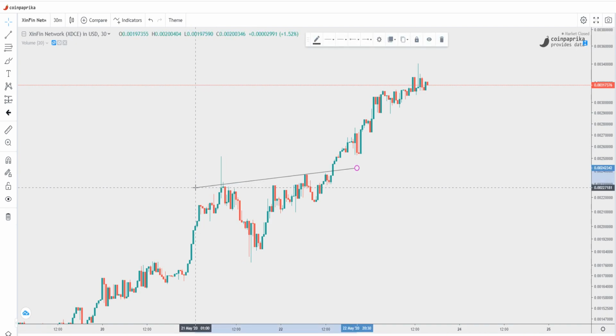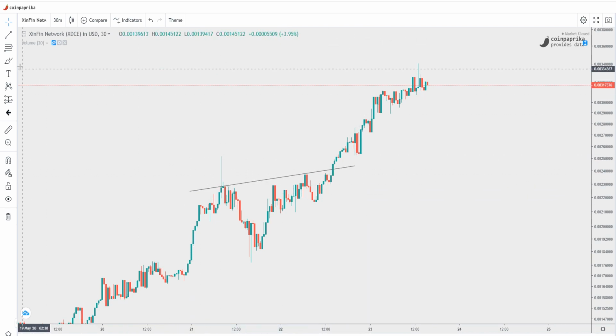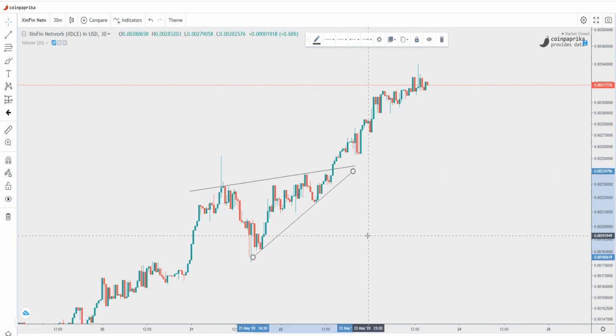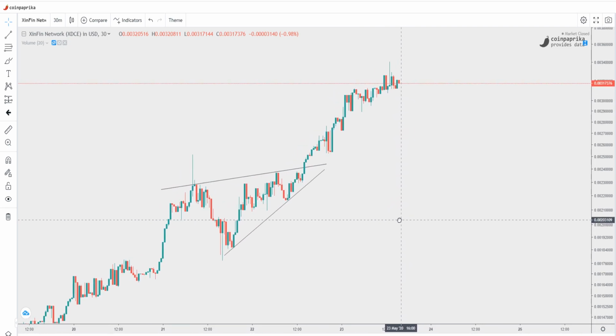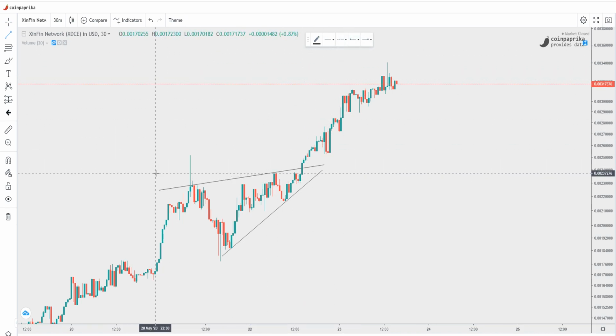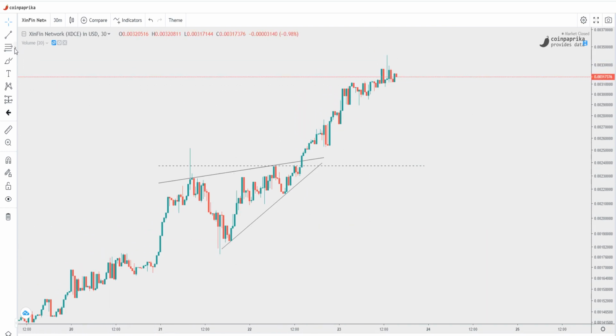So for this one, I will make body to body. We also can take this structure here with this perspective as well that I'm going to show you. Okay, so it is valid to call this an ascending triangle. Yes, it is valid,